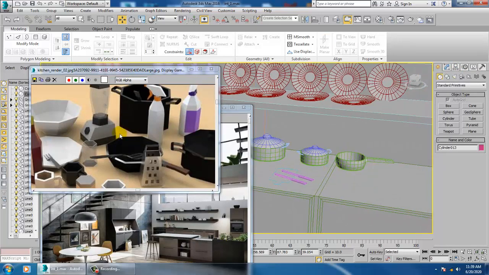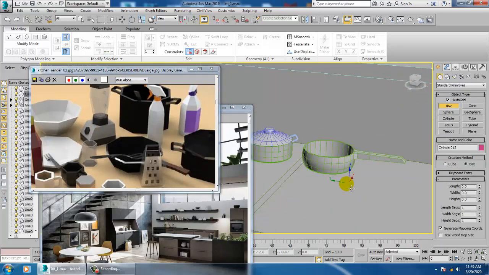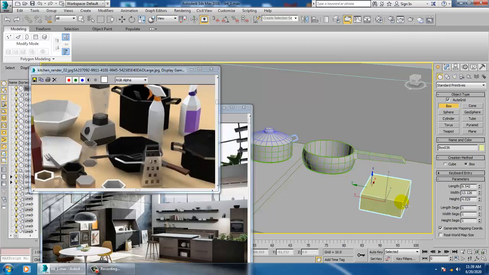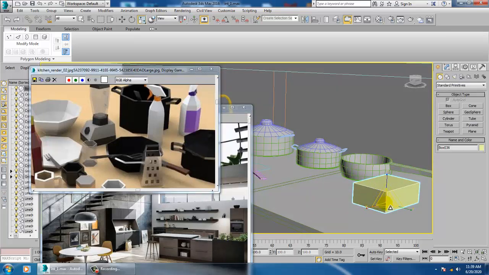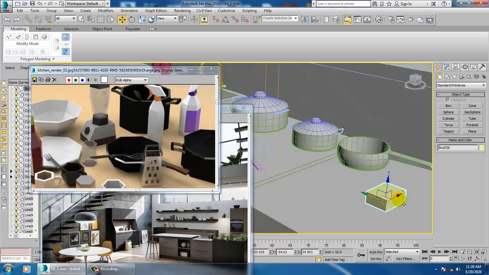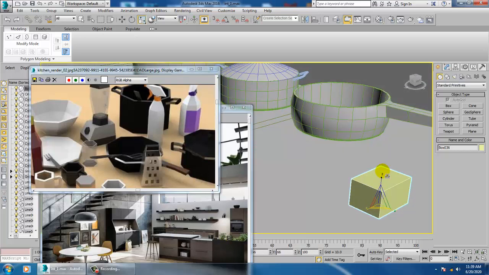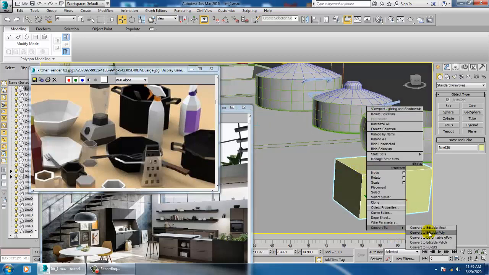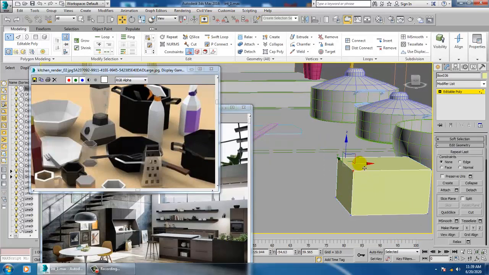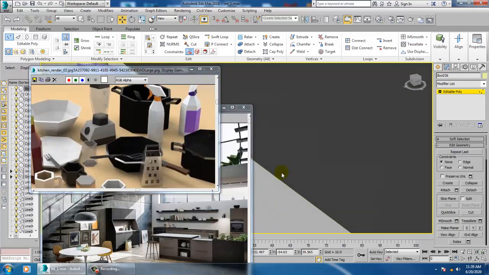So we need to create this mixture over here. Again, take a box over here, resize this, scale it in the Z axis, convert to editable poly, go into the vertices, drag it inside in this way.